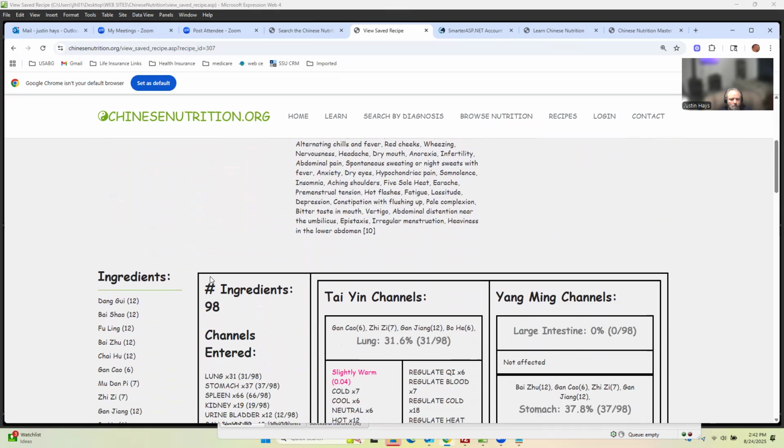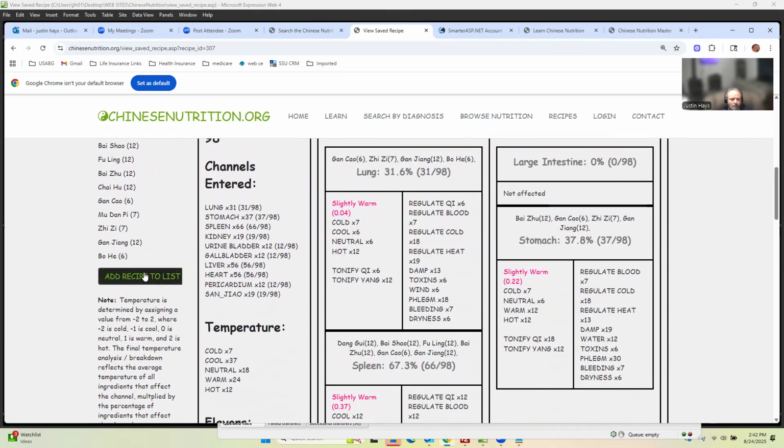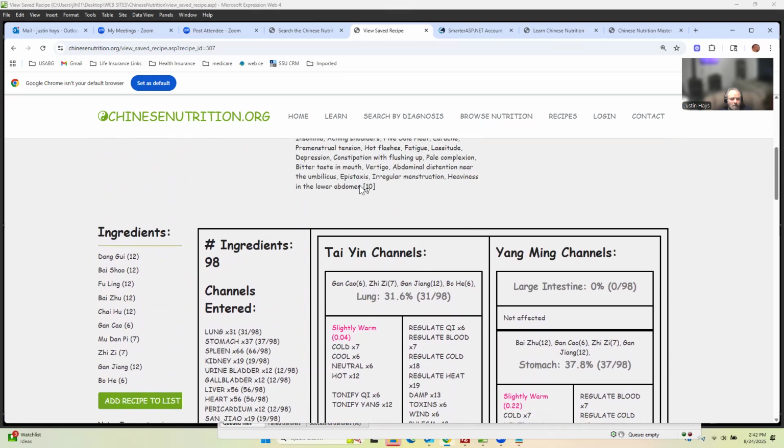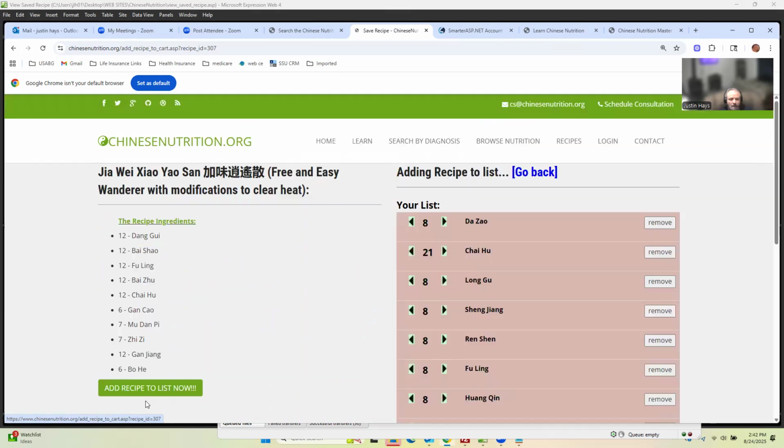And again, I'm going to scroll down and look for this button here, add recipe to list. That's adding a saved recipe that's already in the website. You're adding that to your shopping list or your build list. And all of these ingredients are now going to be added to the recipe. So basically,